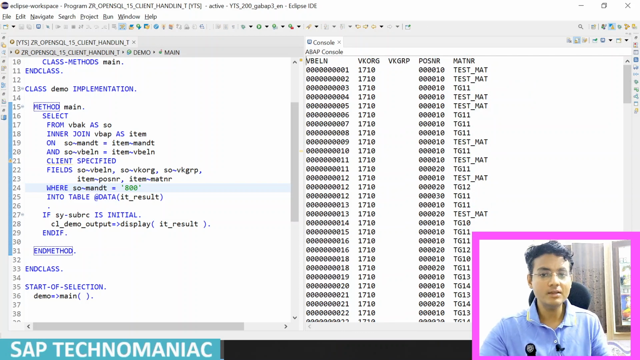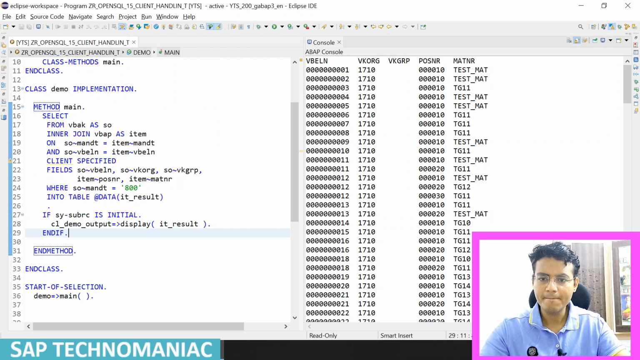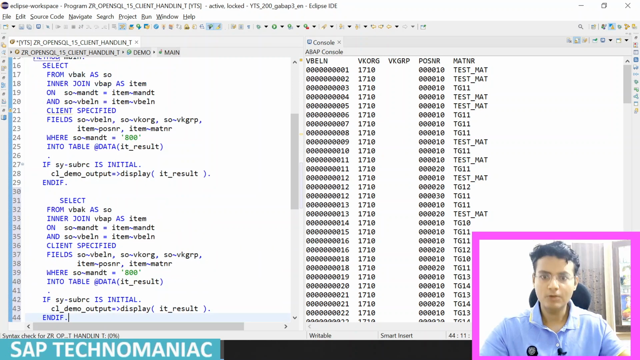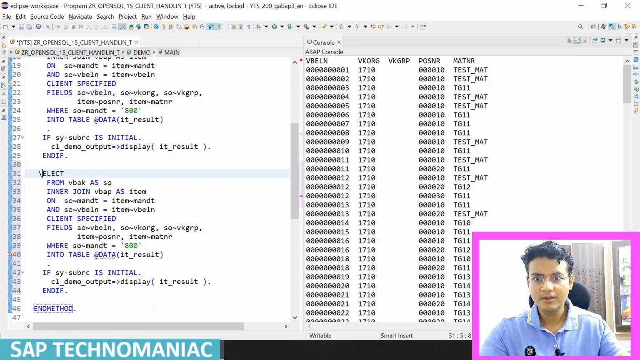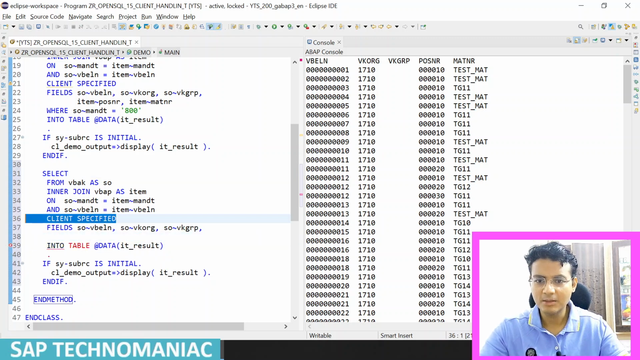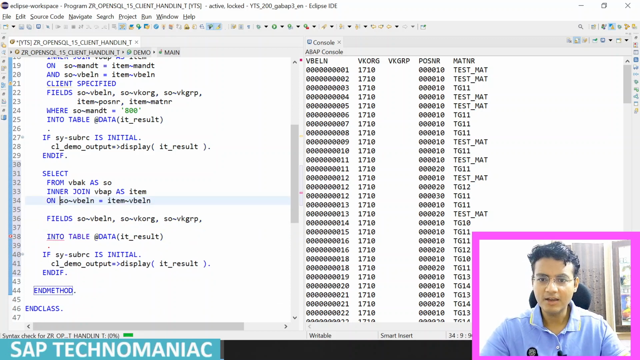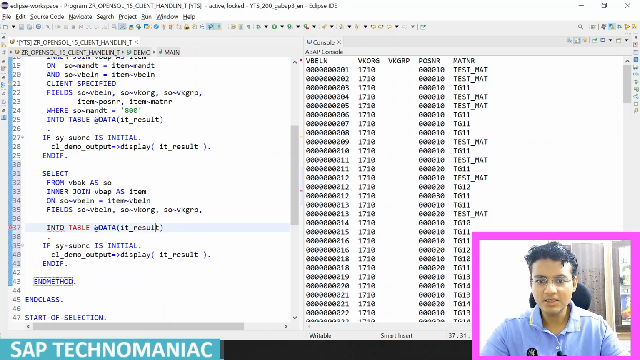If I want to get from the current client, 200 client, let me copy this one. Control C, Control V, delete, Control Z, Control Z. Okay, let me do this thing. Delete. Let me remove this where condition, remove this client specified, and remove this also, not required. Okay, and instead of result I have to do result 1, and as usual instead of display we